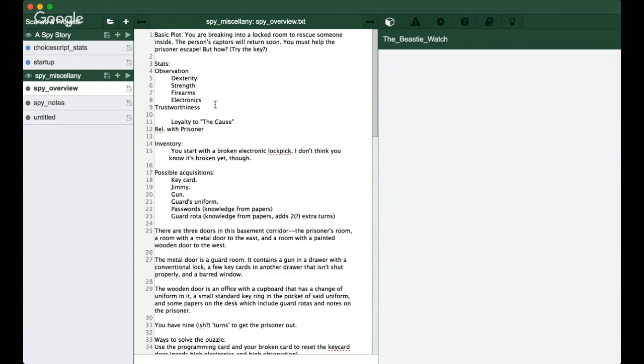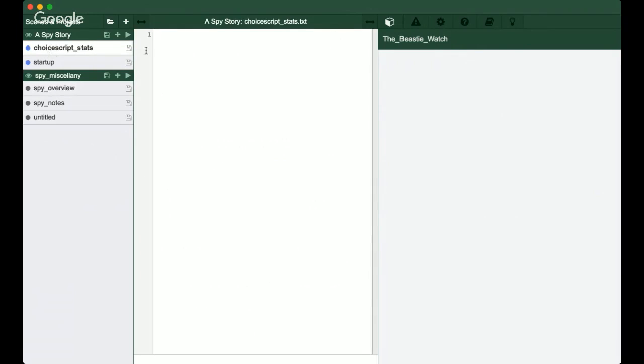I brainstormed what to do for this short little game demo, which we'll see how far we get in about 30 minutes. But I just wanted to do a really simple locked room puzzle where you play a spy who is trying to break someone out of a locked room. So I have here on my notes the stats that I came up with, and I am going to